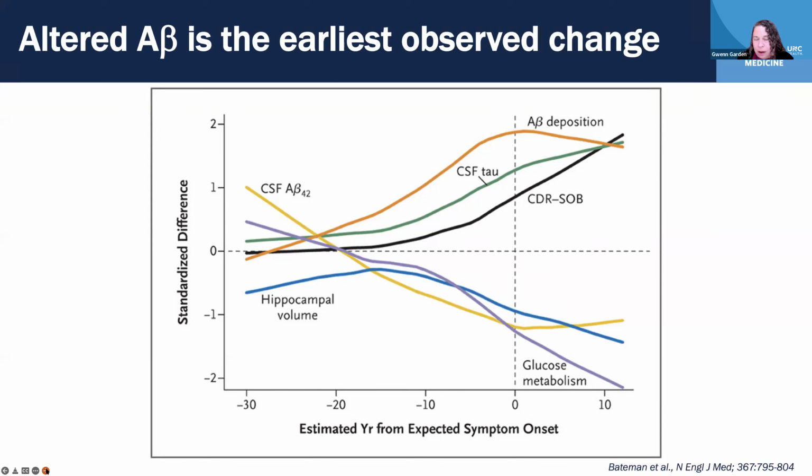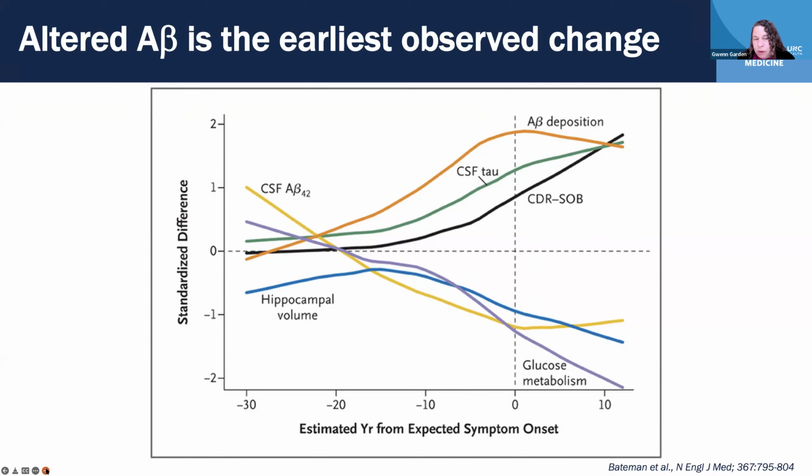And what you see is that well before any symptoms of the disease start, the first thing that happens is an increase in detectable A beta deposition within the brain, and that's done using predominantly PET imaging, as well as a decrease in the amount of A beta that you can detect in the cerebrospinal fluid. That is typically observed earliest, and then we start to see accumulation of tau within the brain and also increased tau in the CSF, and eventually the clinical features of Alzheimer's disease start to emerge.